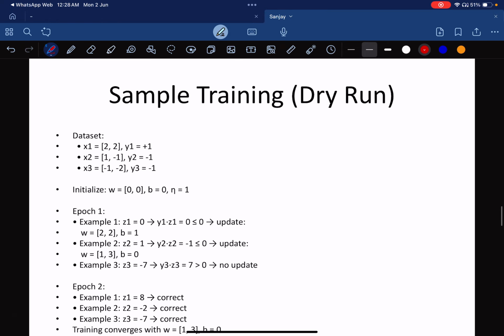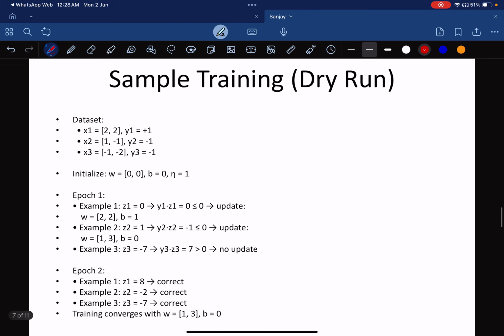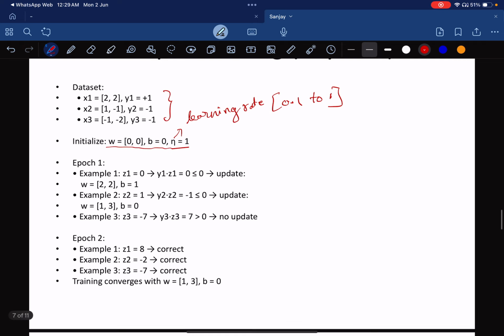Here is a simple dry run of how the model will train and how it will update its weights and bias. Let's take a sample data set, and initially we assign the weight as 0 and bias as 0, and this n is nothing but the learning rate. Usually it ranges from 0.1 to 1. Here we take 1. In the first epoch,